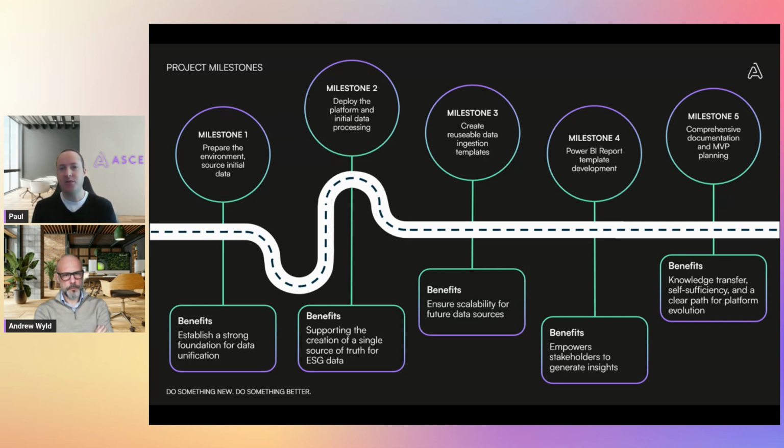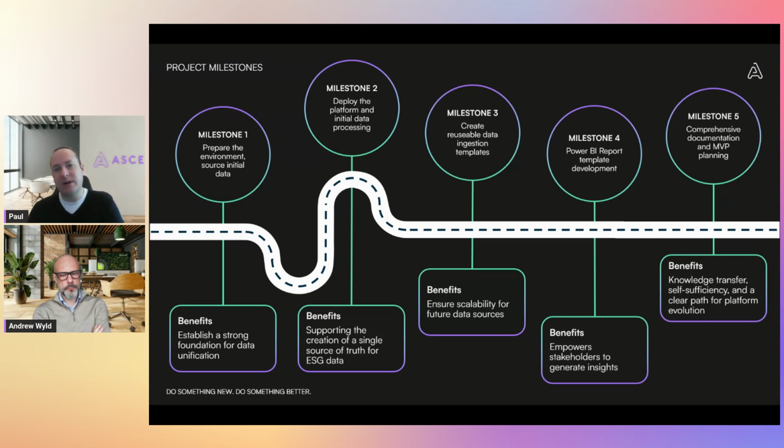So really, the model that's being built and implemented is not just usable now for Scope 3 Category 1. We can use this to pull in not just more categories of Scope 3 or Scope 1 or Scope 2, but also waste and water, and then start looking at governance and social data as well. And really, the model is supporting all of those different areas. In fact, during the actual project itself, we identified that some of the data wasn't actually Category 1, sorry, it was actually Category 11. And so we were able to really quickly just rebind that data to a different category without having to develop some new model or enhance our model further.